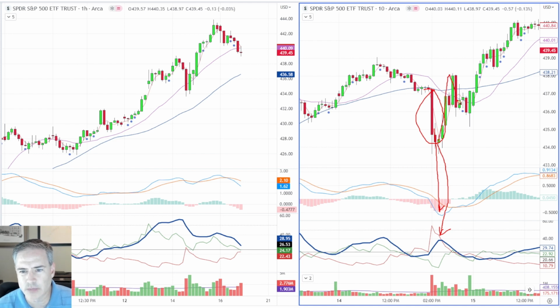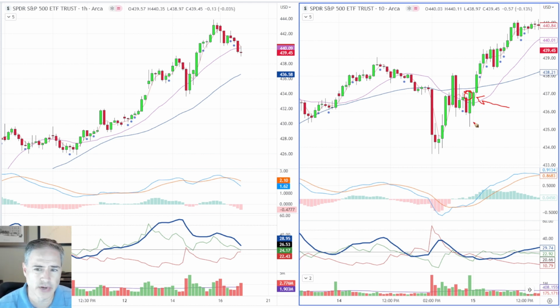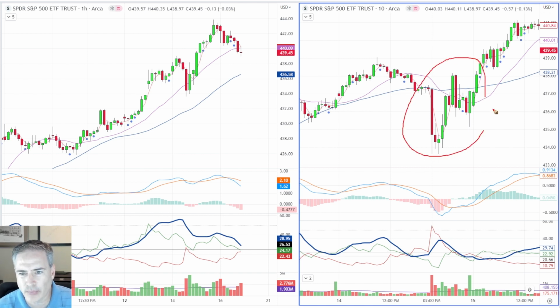But based on the way this played out, I think you want to be looking to play this pullback here, and this pinch play that actually developed right about this bar here, I think is an entry. All right, even though we don't really have a good look here, and this is still pretty seriously below the zero line. I'm taking into account what's going on from a price standpoint.